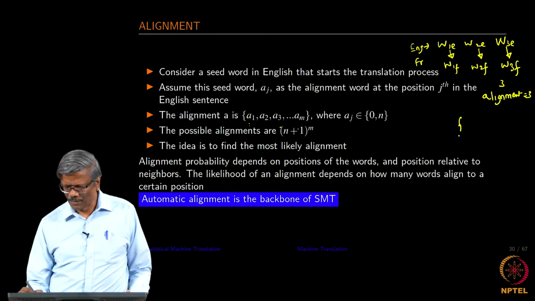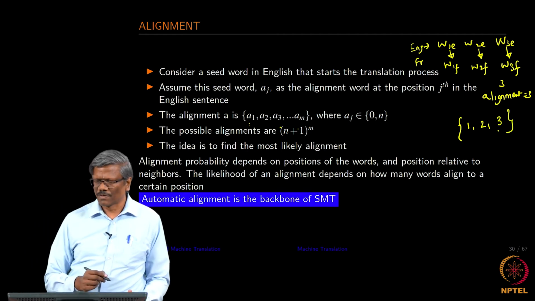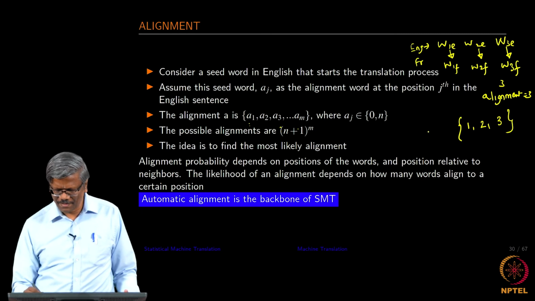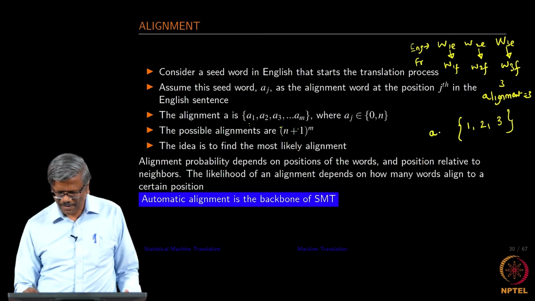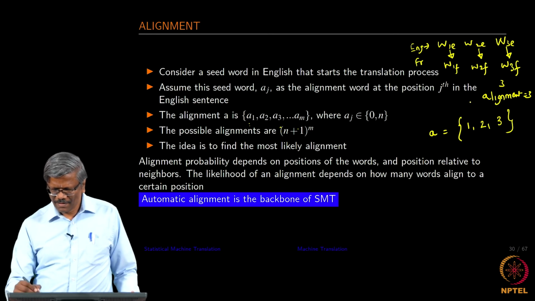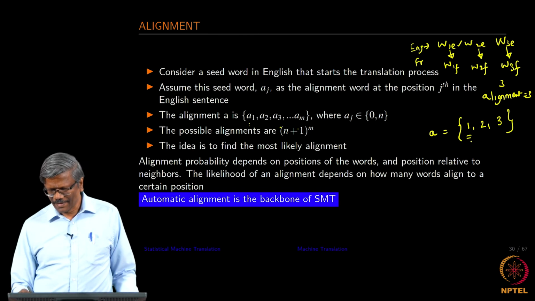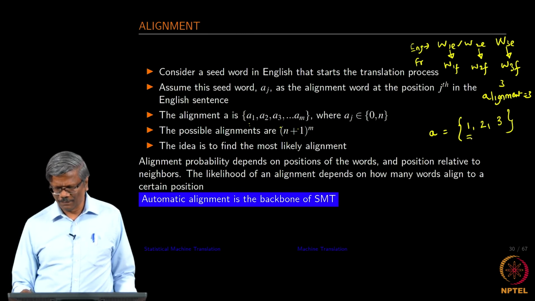So, if you align it, this is how it is, right. So, first word, this is your alignment for French, that is the first word in English is aligned to the first word in French. So, that is given by the index of this array. So, if you consider this as an array, the index of this array will give you which word we are looking at in French. Okay.